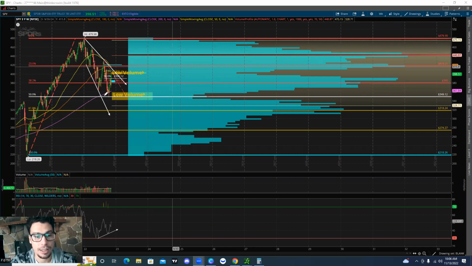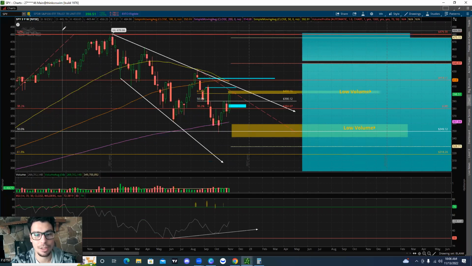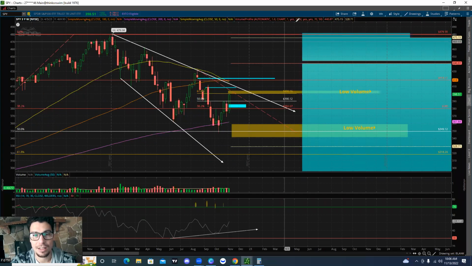And you'll see these a couple times in the video, these low volume areas. They do two things. What it's going to do is establish an area of resistance or support. If we come down here and look, this was a very strong support level right in through here, and we were able to push higher, or it creates a wall of resistance. And the reason being is because there's either going to be